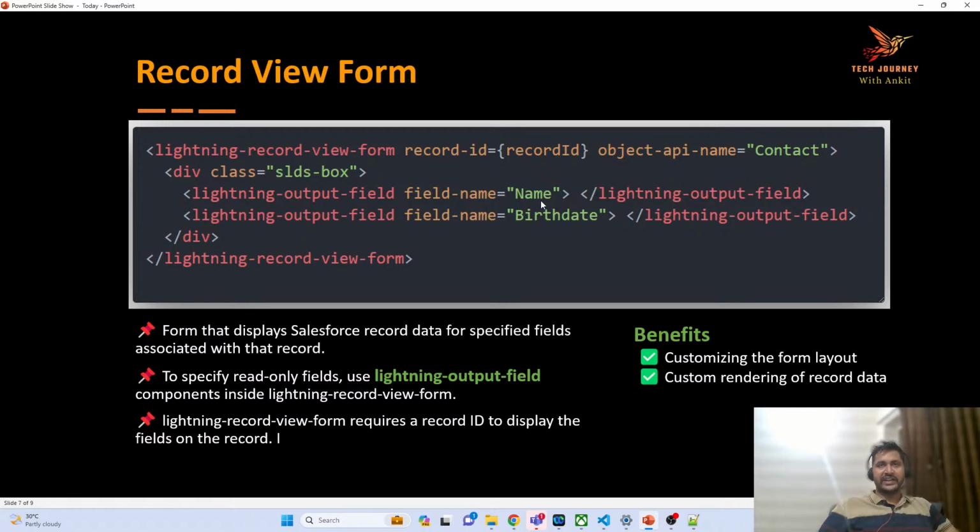If you want to conditionally render the field, that also you can do. For example, you want the field birth date to be rendered only when the birth date is not equal to null, or only when today is the birthday of the user. Then and only then you want to load the birth date. So what you are doing here is rendering the field conditionally. Whenever you have that kind of a requirement, or you want to add some additional CSS to your field or to your form, then you can go for